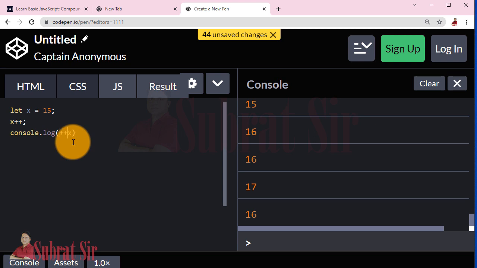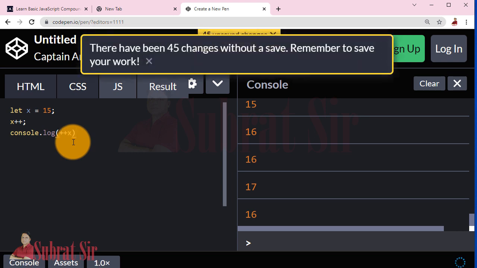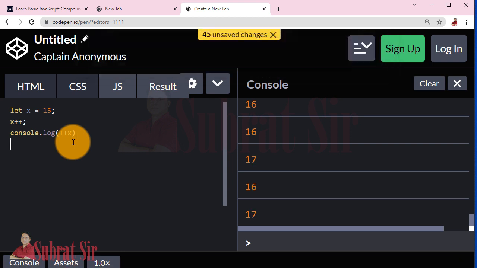If we prefix it, then it is called pre-increment operator. Means first the value of x will change, means it will increase by 1, then it will be used.